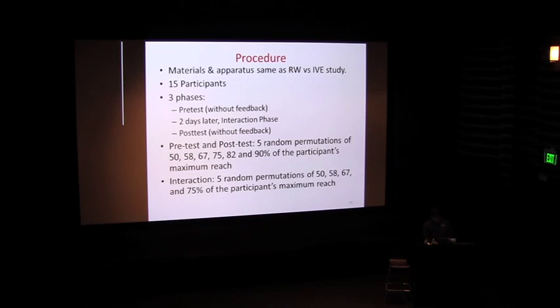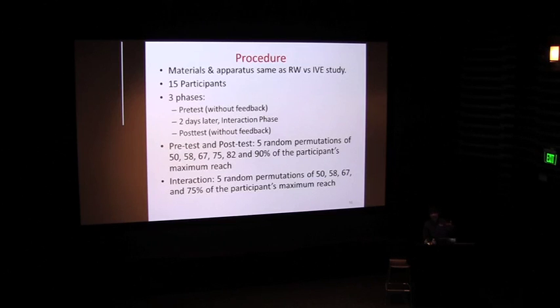We used 5 random permutations of fixed sizes of targets, fixed distances to targets, between 50% and 90% of the participants' maximum reach. Basically we had random permutations of targets. We wanted to present them with targets that are in the closer range, between 50 to 75% of that maximum arm reach, because we were also interested in seeing whether it calibrated distances beyond that